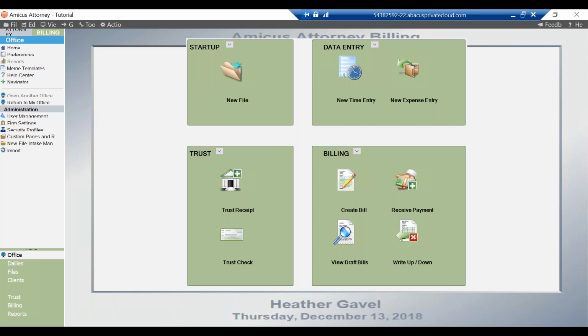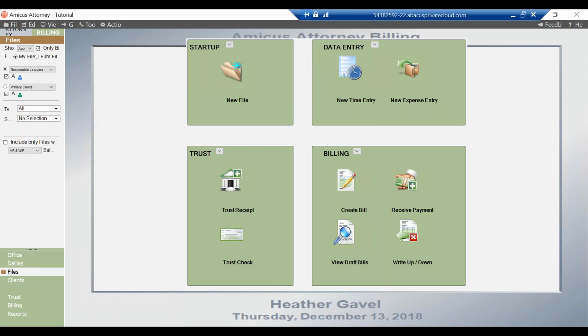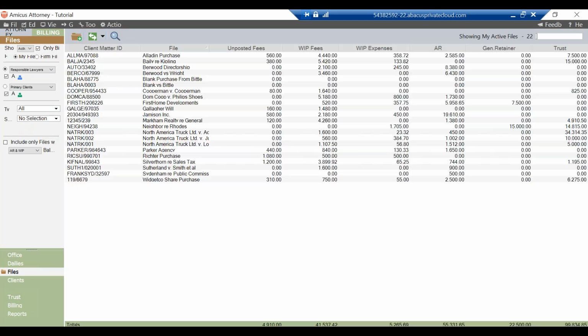You can see here, now since we've moved to this billing platform, it has changed the user interface. You can see it provided this bright green background to let you know that you are inside the billing section of the module. If I click on Files here, it's going to give me a breakdown of all the files,